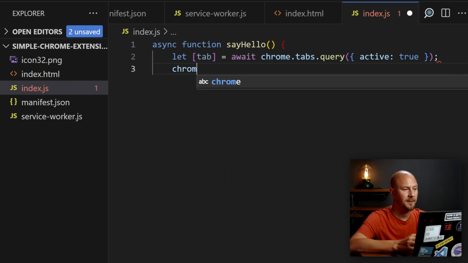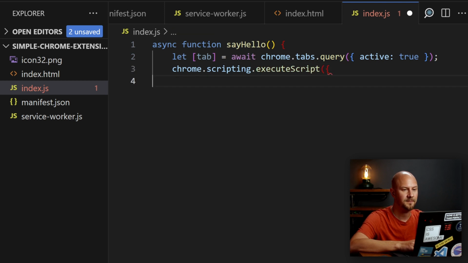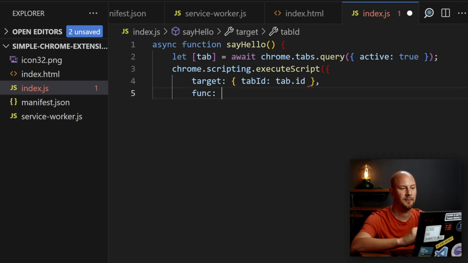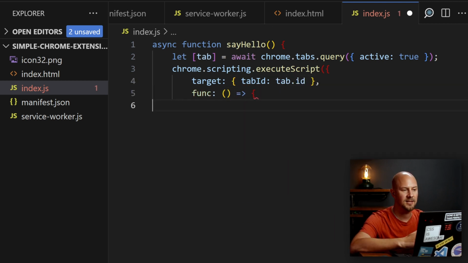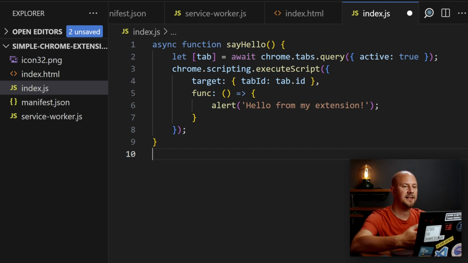Then we can call the scripting API again. So we call chrome.scripting.executeScript. And the target for this script will be that tab. So we're going to pass in the tab ID of the target tab that we got from the active tabs. And then just like before, we'll just put a function in here that does hello from my extension. Finish all this up. And then when this script file is loaded up, we're going to do some DOM stuff